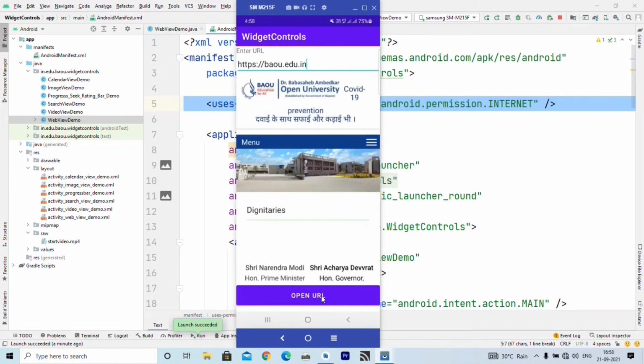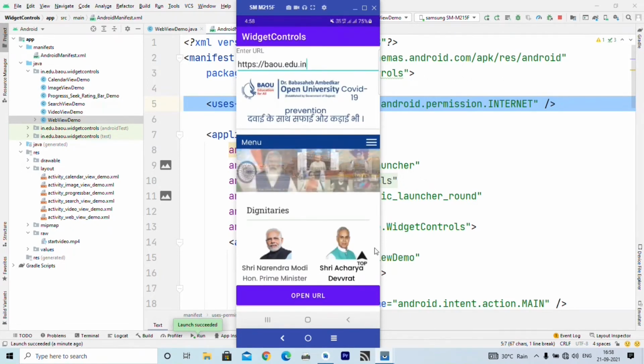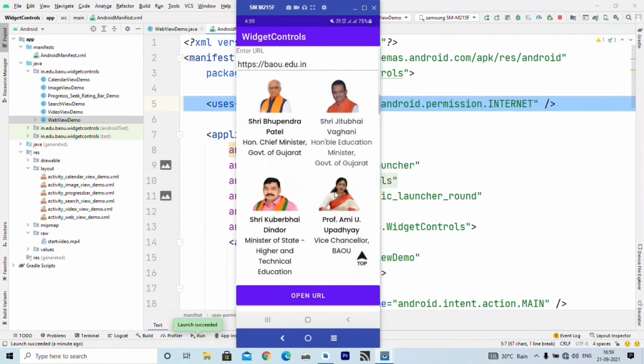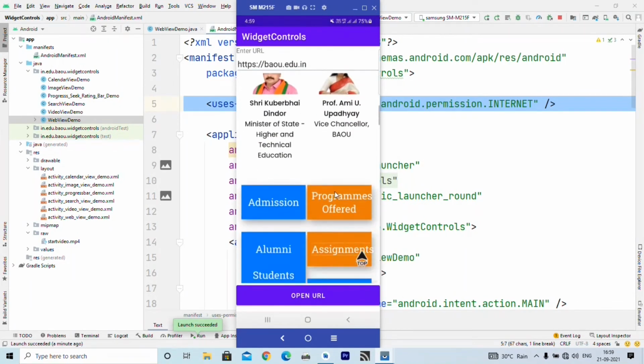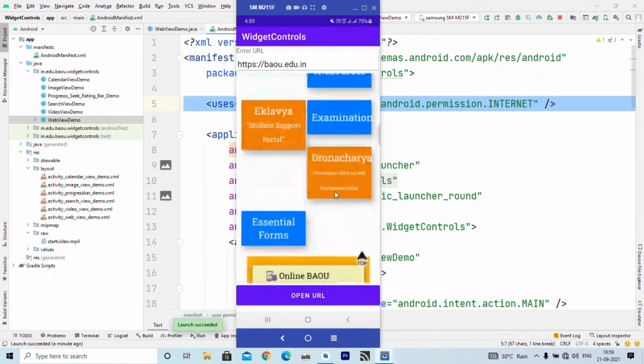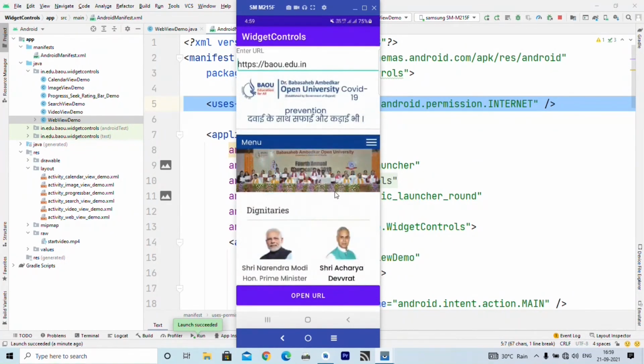Now it will open that page inside my WebView, and you can see here a scroll bar, so that you can scroll the content, right? You can see the web page inside the WebView with a scroll bar, and all images are automatically loaded, and any JavaScript code there can be run inside our WebView.